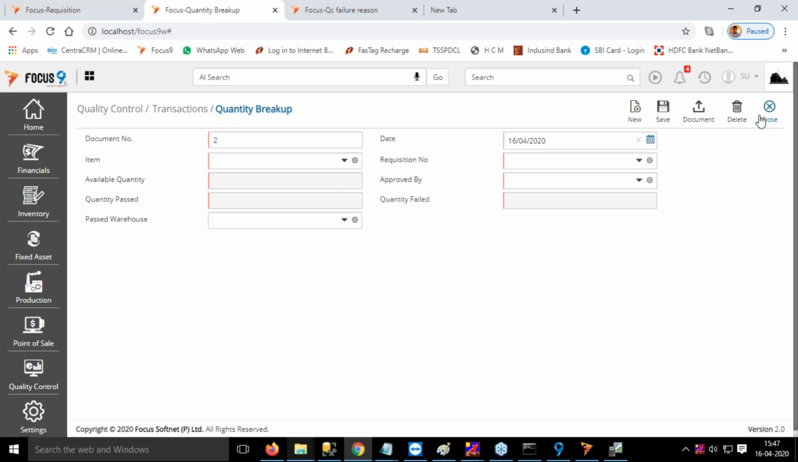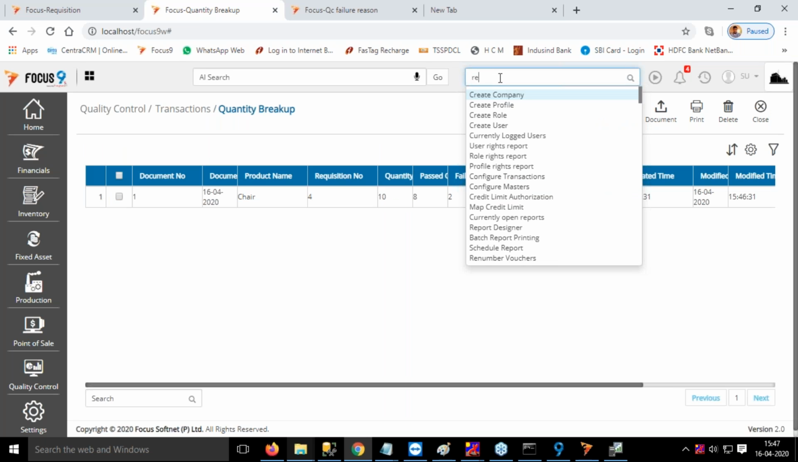Okay, sir. Now we have done the transaction. When you get into the receipt from production, it automatically posts the stock transfer as well as